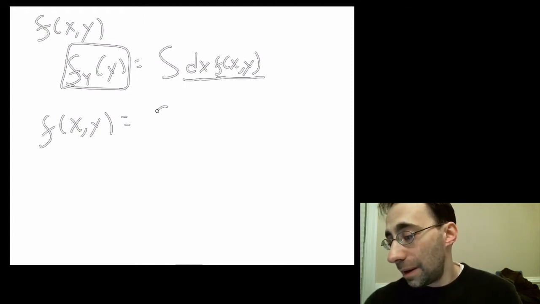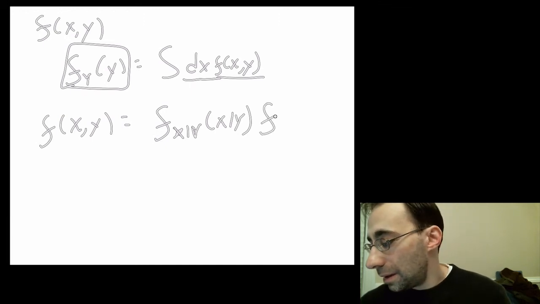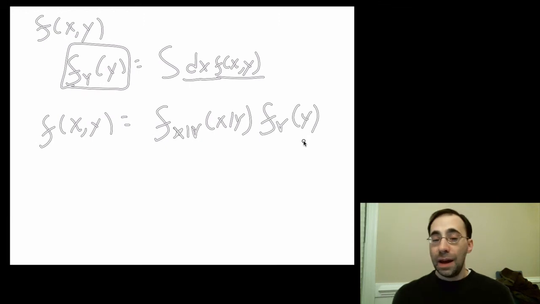Then we can define a conditional probability of x given y times f of y. And that's a way of writing something similar to iterated expectations. So this thing right here, if you look at it,